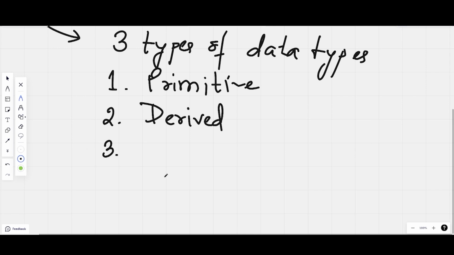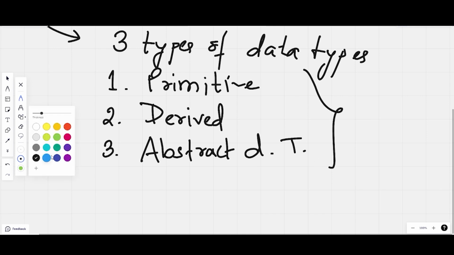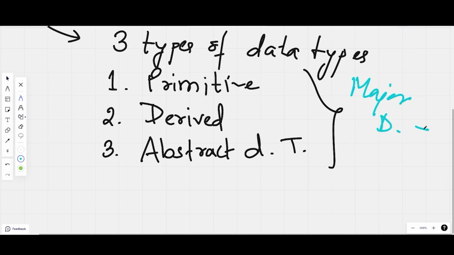And the third one is called abstract data types. So these three are the major data types which are present in C++. And note that these are also subdivided into various data types, which we will discuss now.